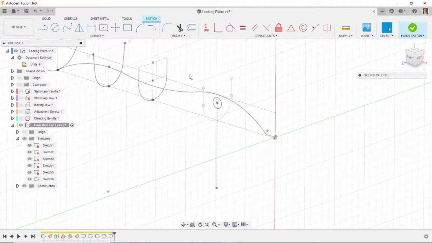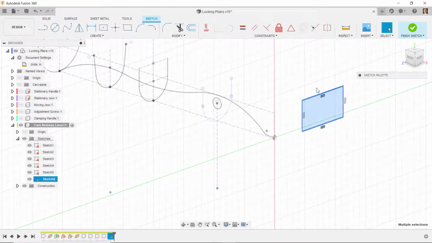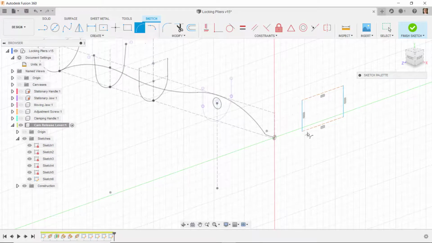Then we'll go to this plane, and we'll do a new sketch on this plane, and I'm going to draw a rectangle out in space, and I'll change these two lines to construction, and then I'll do my tangent arc. So I'll select here, I'll go down to where it shows tangent. I will dimension the radius of this arc as 0.2,